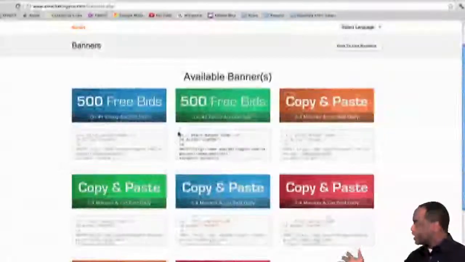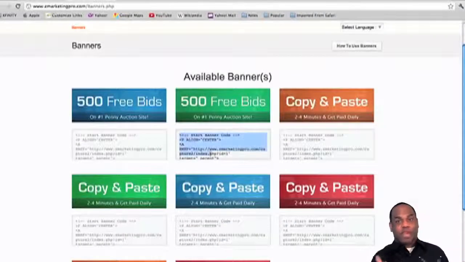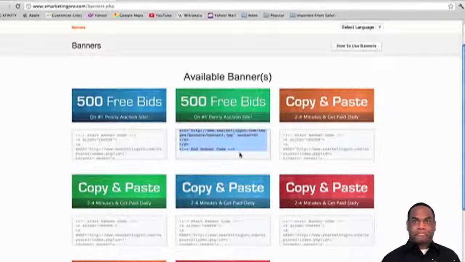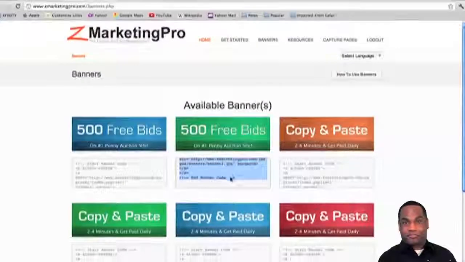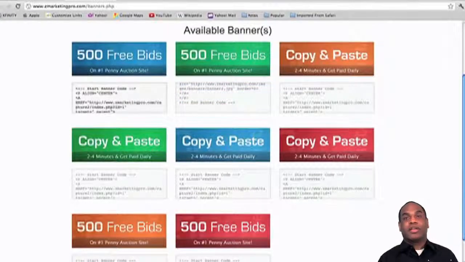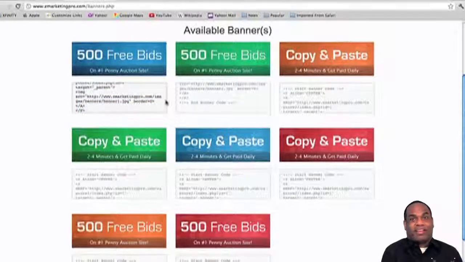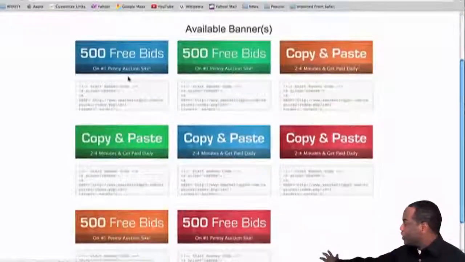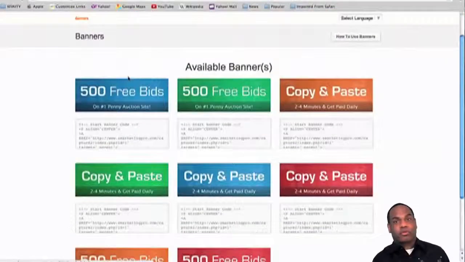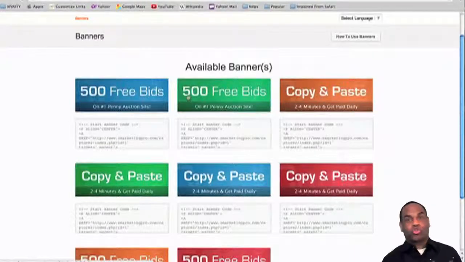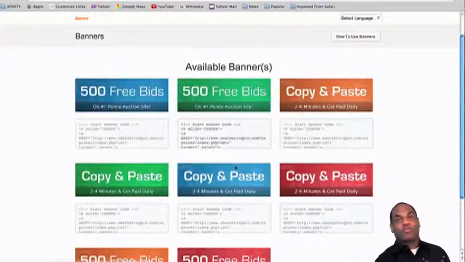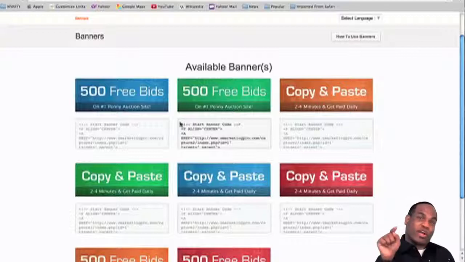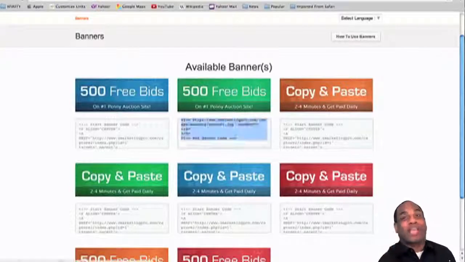Here are some really nice banners. In fact, the banners are broken down into two different categories. The two categories are giving away free bids, and then the other is getting started learning how to copy and paste to earn money daily. That's as simple as that. Very simple. A person would just take the coding that's there. They can use it on their blogs, their social networks. If you take the code, then of course the banner will appear. When people click on it, it automatically goes to your capture pages.